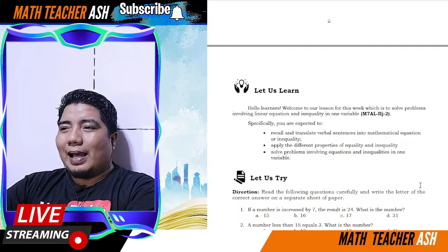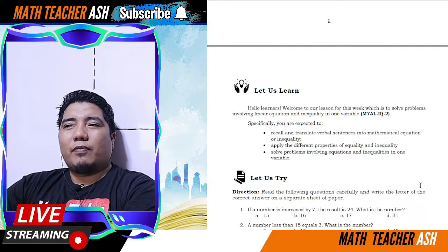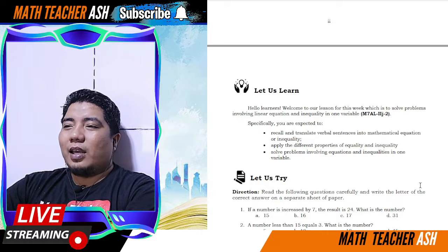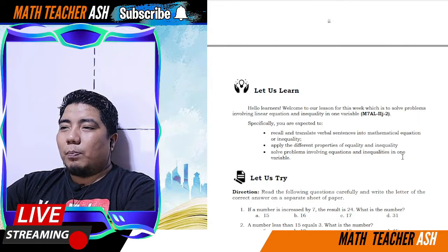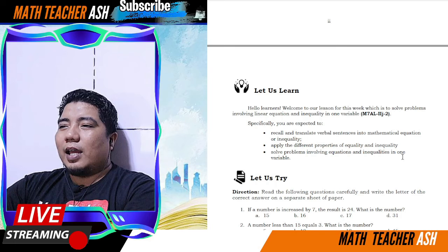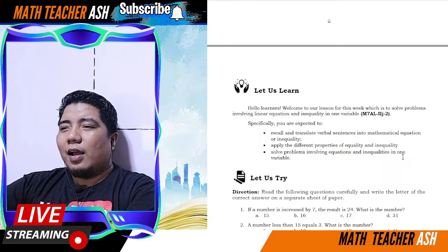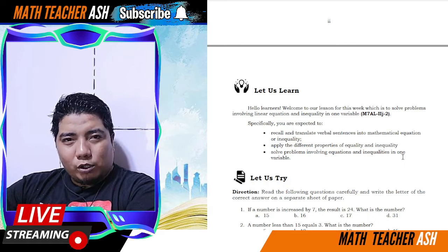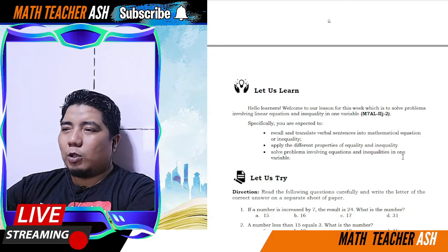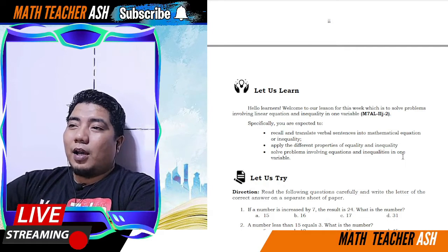Pangalawa is to apply the different properties of equality and inequality. And pangatlo is to solve problems involving equations and inequalities in one variable. So, sa madaling salita, kung ano yung natutunan natin sa Module 6 ay i-apply natin dito sa ating Module 7,